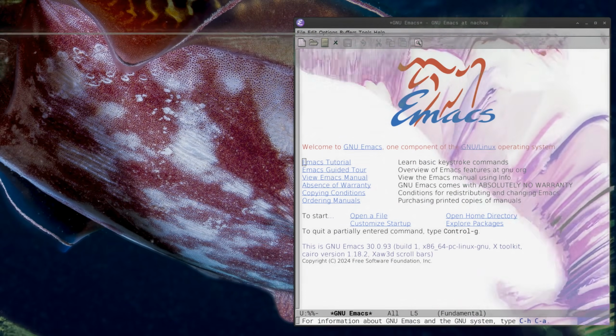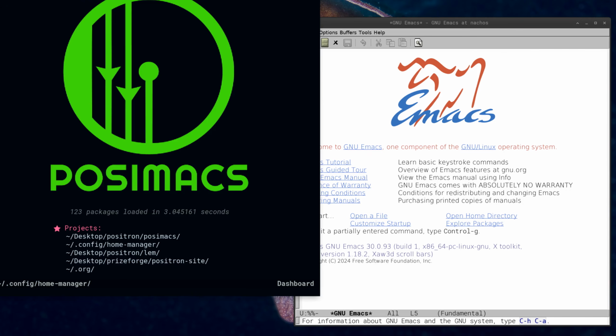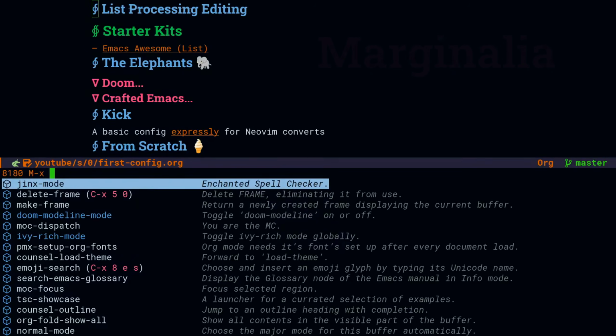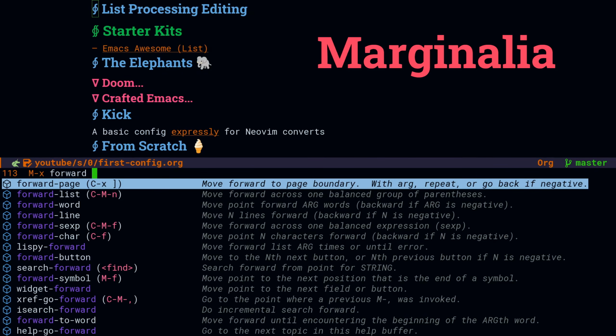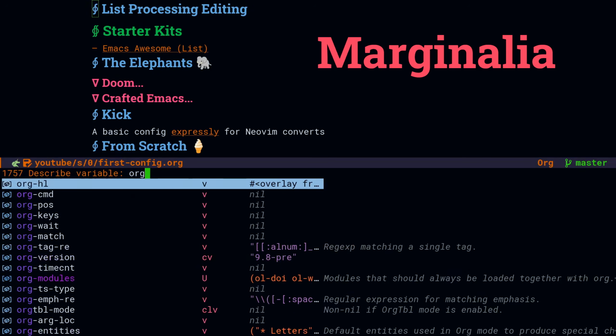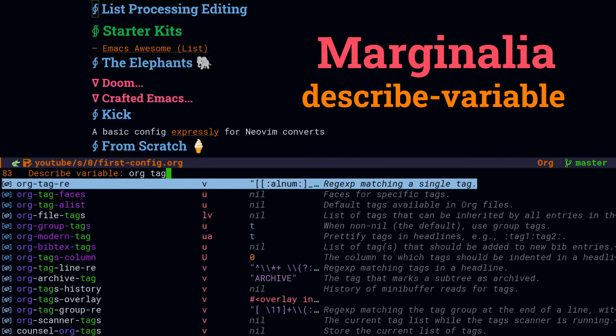Welcome to the Speedrun. So this is GNU Emacs out of the box, but you don't want to use this to make this. And the reason is because as a new user, you want to put a lot of information in front of yourself even when you're not looking. If I'm trying to run a command out of the Emacs menu, I want to see the key sequence and I want to see the first line of the docstring. If I'm about to look up a variable, I want to see the current value and all the related variables